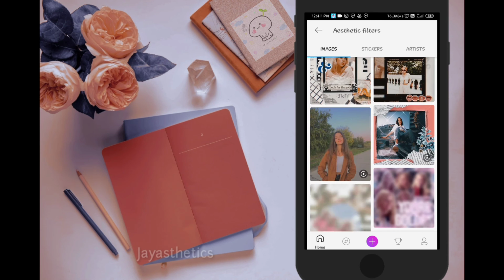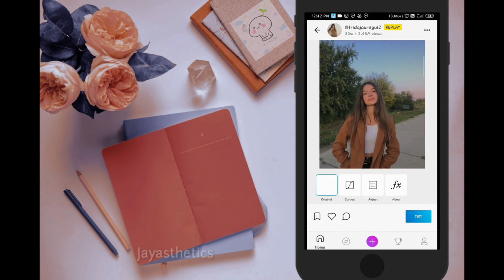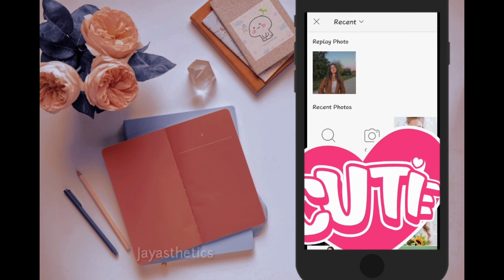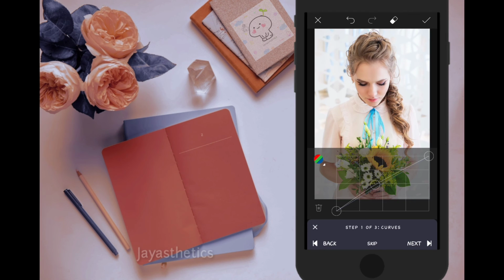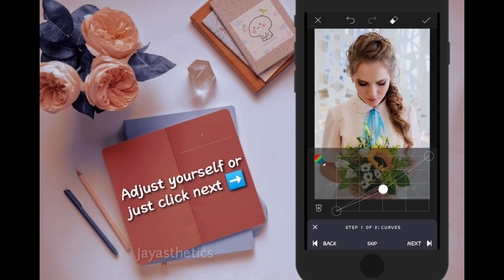You just need to choose any one of your favorite and click on try and apply it on your photo. Choose the photo and now you can adjust it for your choice. See this curve, you just need to select how you like to see this photo.